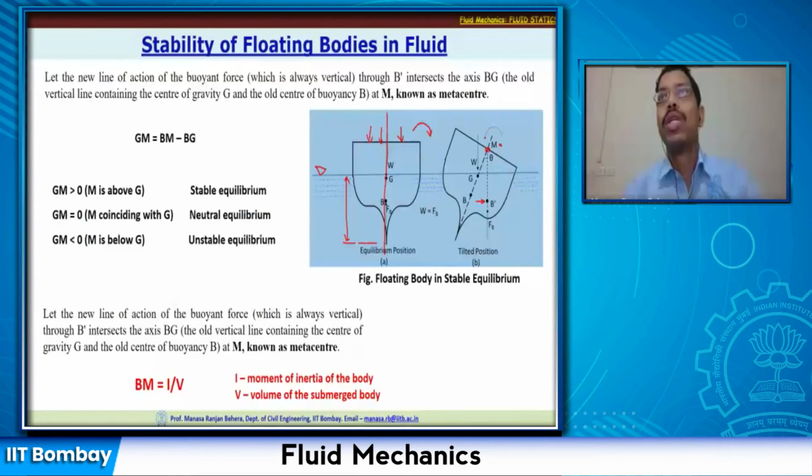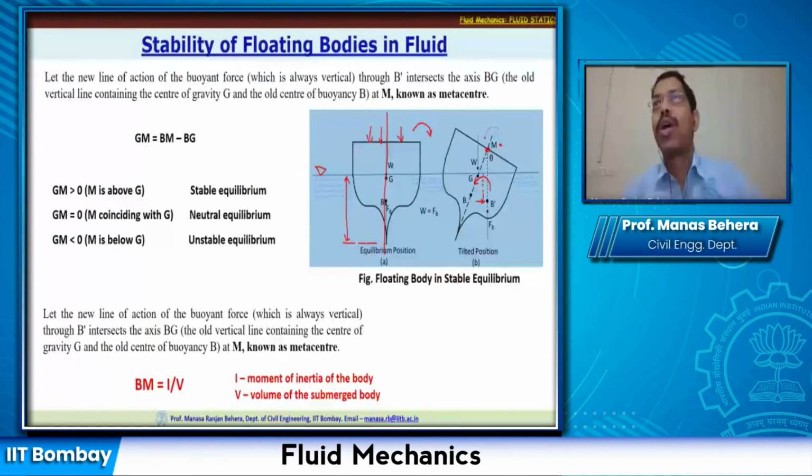So now we need to understand what is happening. This force is acting this way and W is acting this way. If I take the midpoint somewhere here, they both will generate one anticlockwise moment. It should not so happen that the B dash comes to a position where this restoring moment will not be anticlockwise; it might be clockwise. Then the body is going to be completely unstable. That situation should not arise.